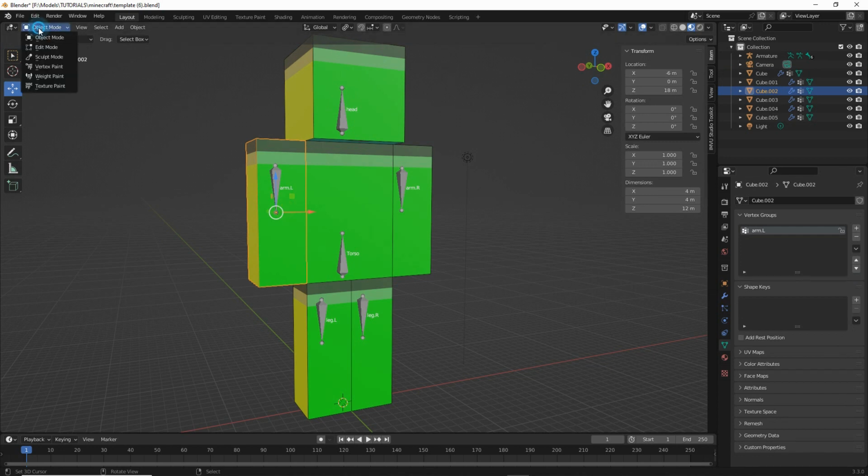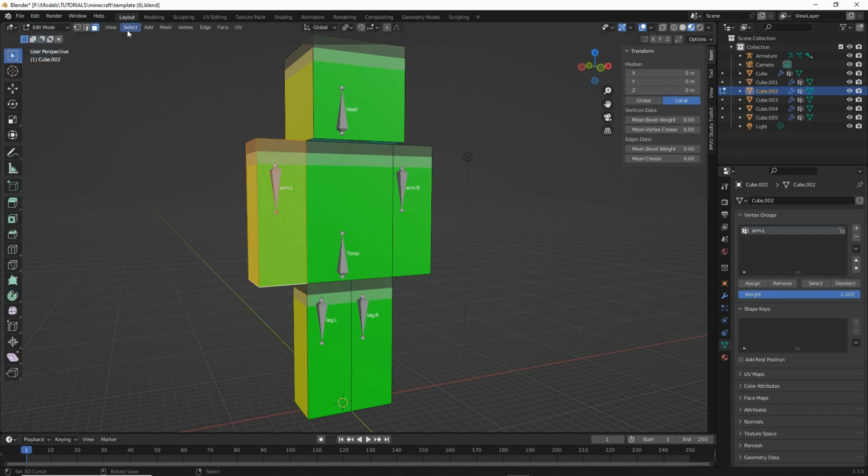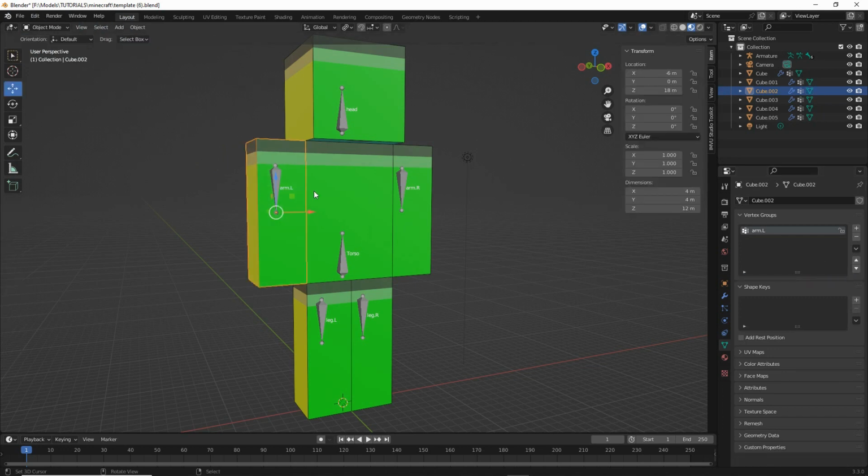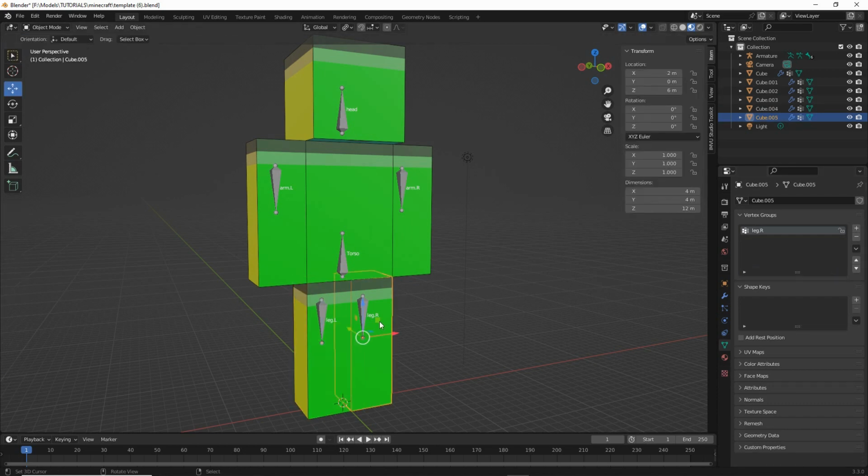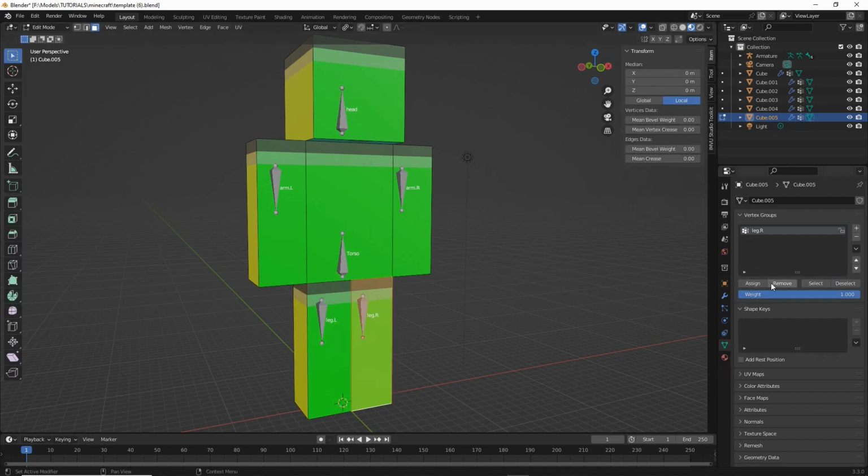Edit mode, select all, assign, that's okay. Use the shortcut keys because it's quicker. Select all, assign, deselect, that's okay. Assign, that's okay. Assign, that's okay. Select all, assign,